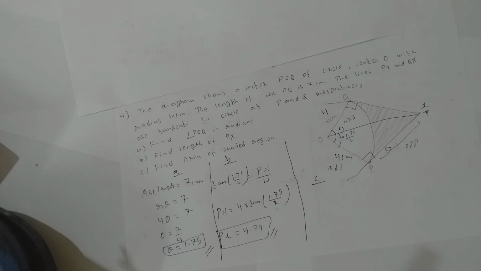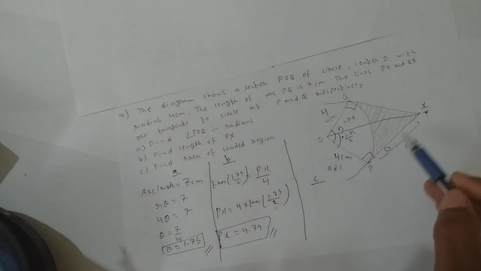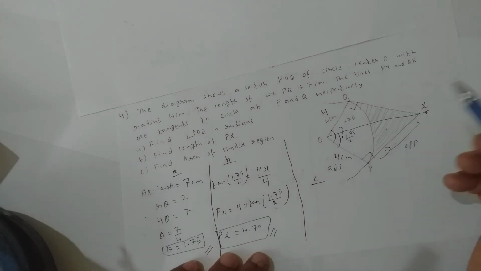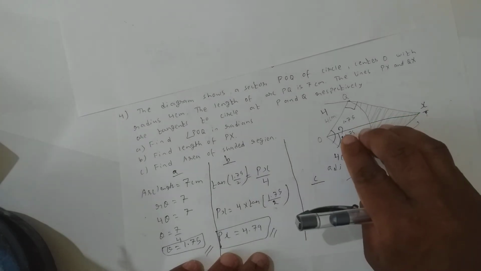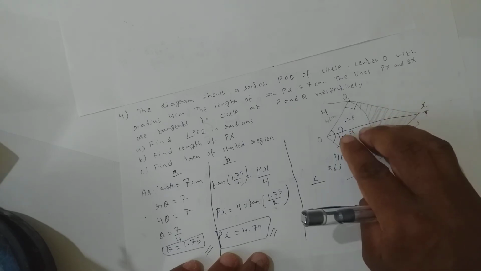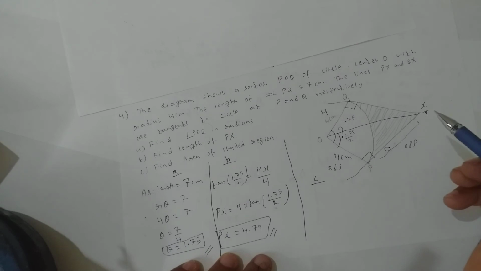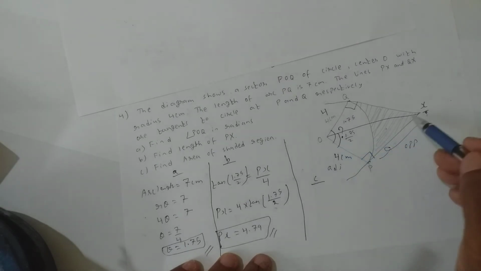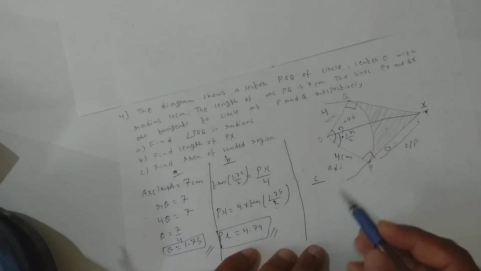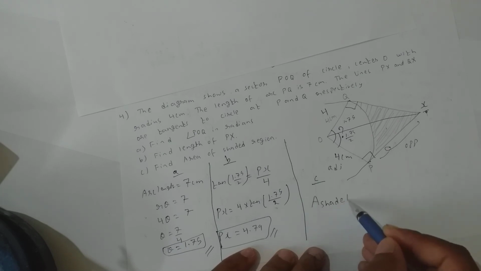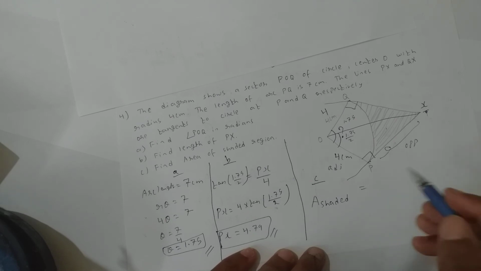Area of shaded region. This area I need to find out. Again I will take them separately. Let us say I closed it. How do I get only this area? Area of sector. Can I get area of this triangle? Or else let me write. Area of shaded region equal to how much will it be?